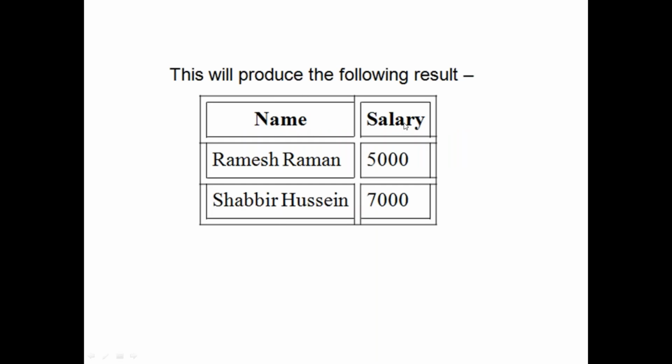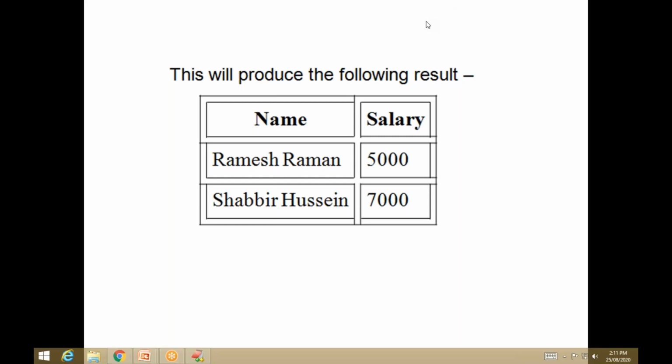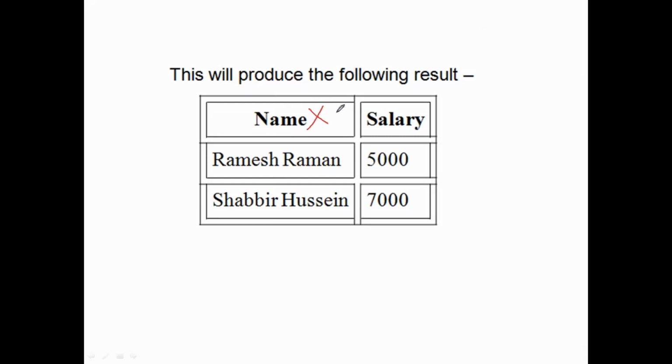Name, salary, there are two columns and there are three rows. I want to give a title for this table instead of these two cells. I want to remove these two cells, for example name and salary, and merge them into a single row and single column. So I want to give it some name, for example xyz. So this is totally only one column. How? We are using column span and row span.